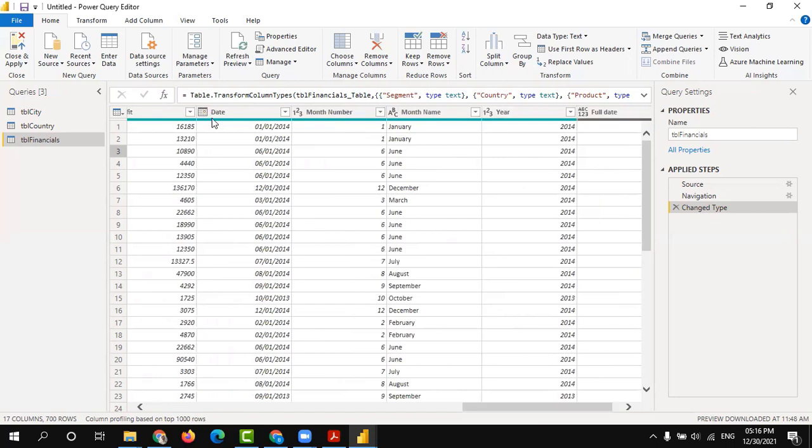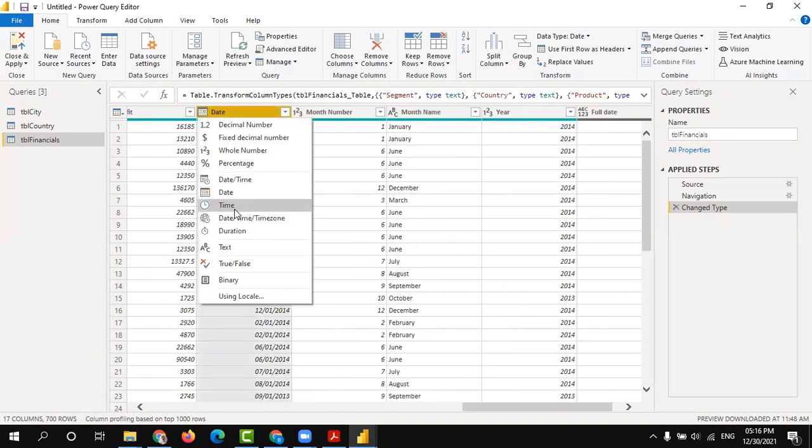When you come to the date field, sometimes these dates are in US format, and the month, day and year will not be recognized. Sometimes it will be day, month and year, which cannot be recognized as a date. At that time you have to go here and manually change to date type. Once you change this to date type, it will automatically be recognized as a date.